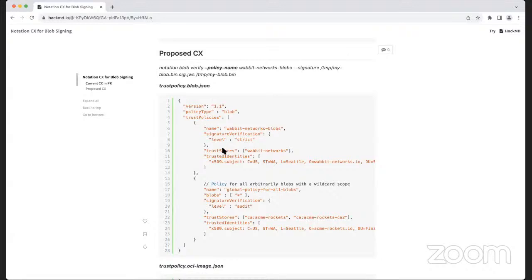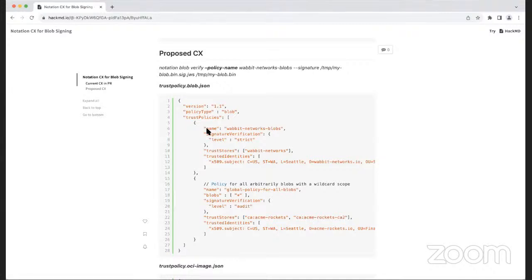This allows us to say in future, if there are other types of artifacts that have a different verification experience, you can write policies specific to it, and we can customize that policy language to optimize it for that particular scenario. We don't have to overload existing concepts to handle these two scenarios.